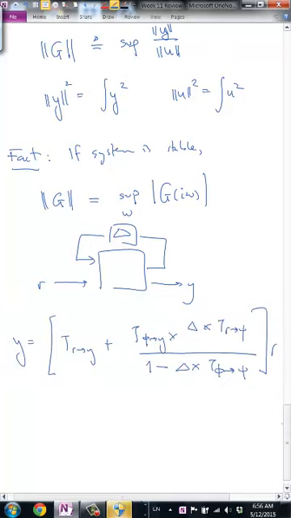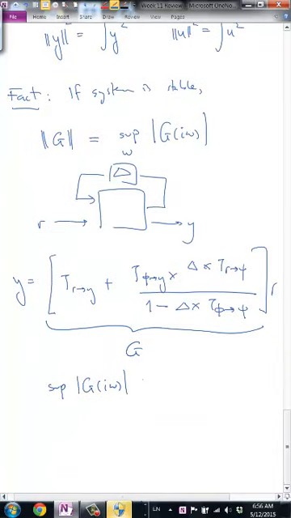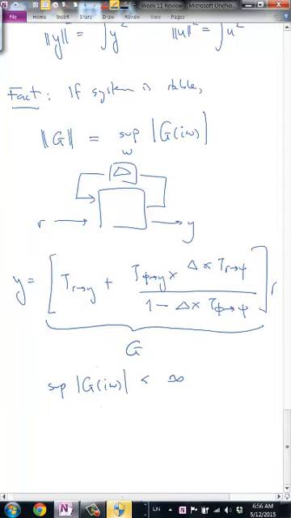We want this to be stable. So for it to be stable, we need, let's call this G, we need the supremum of G of i omega to be bounded. And let's note what this would be. If we plug in omega, since we're assuming that all of these transfer functions to begin with are stable, since T r to y, T phi to y, T r to psi, T phi to psi, and delta, because delta is always assumed to be bounded in this way. Since these are all bounded,